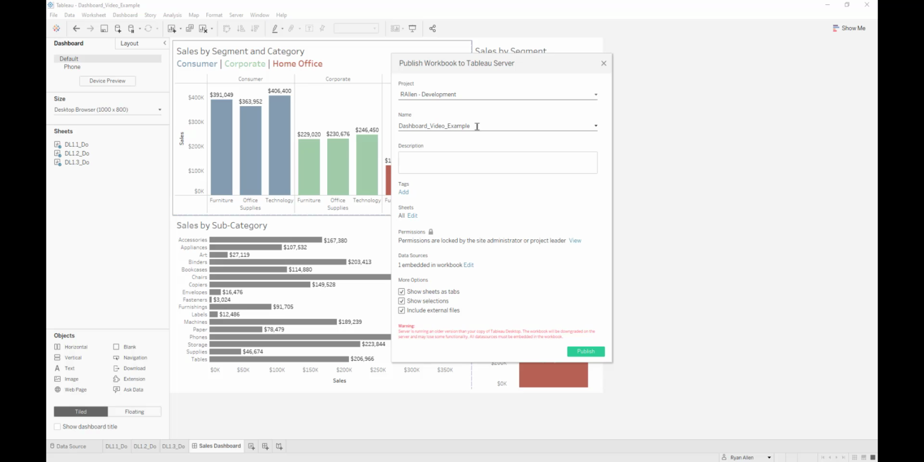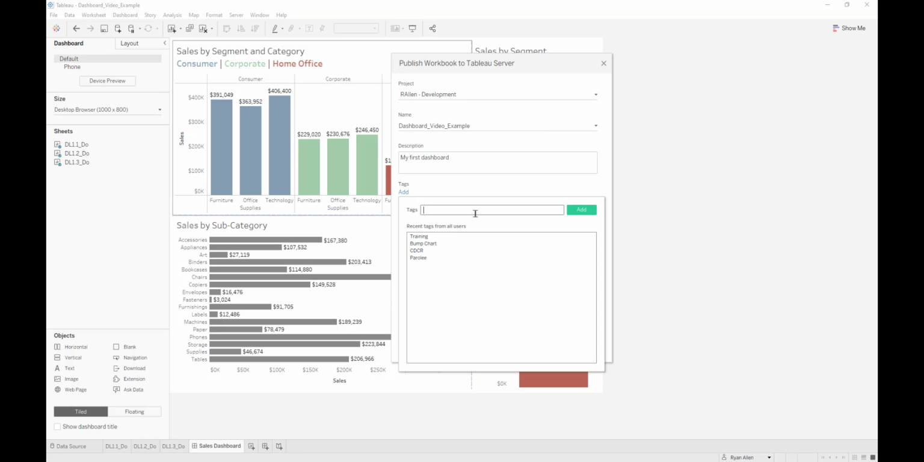Here I can update the name of my file. I'm fine with keeping this as my dashboard video example. I could put a description in here. This could be something like my first dashboard. I could add tags to this. So some of those tags might be sales. I could put something in here like regional